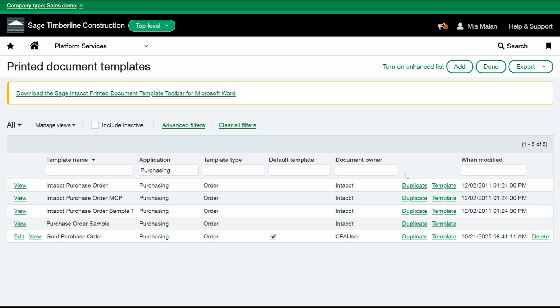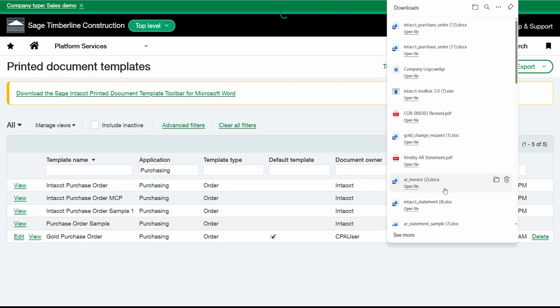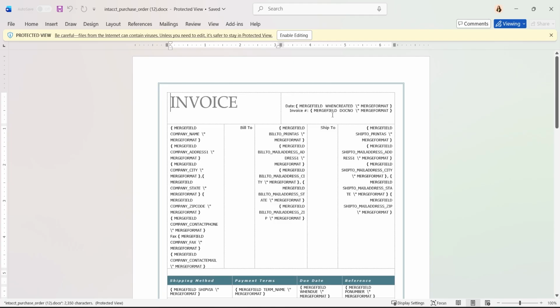So there are a few templates that you're not going to be able to download from Sage. For example, this is a huge one. If you're using the standard Quick Bill, you won't be able to find Sage's Quick Bill template within this template library, but I can show you how to edit a brand new Quick Bill. But we're going to edit our PO first. So I'm going to select the Intacct purchase order here. To download, you select the hyperlink for template and open this file.